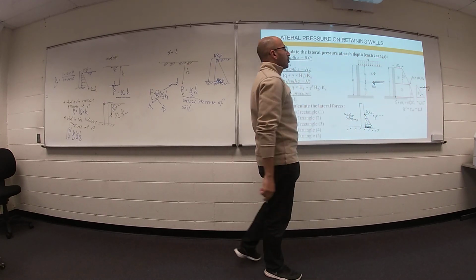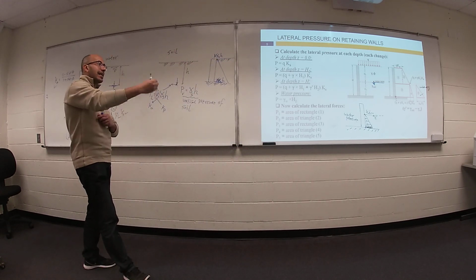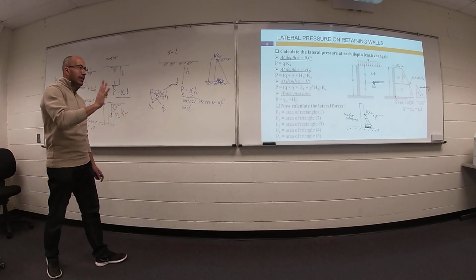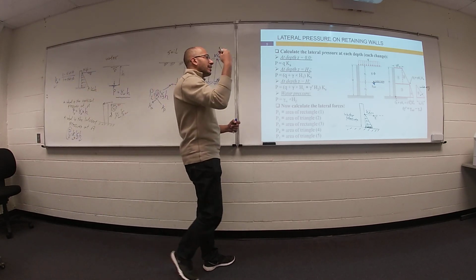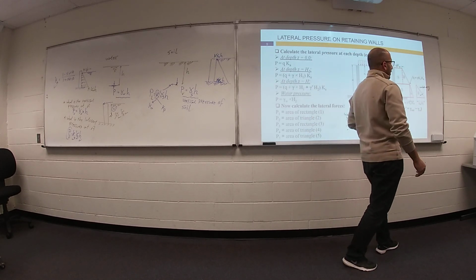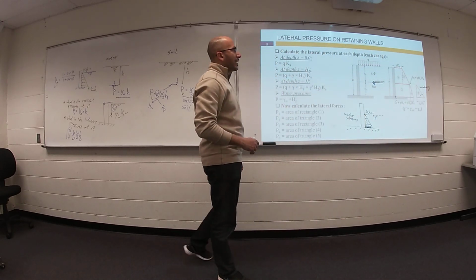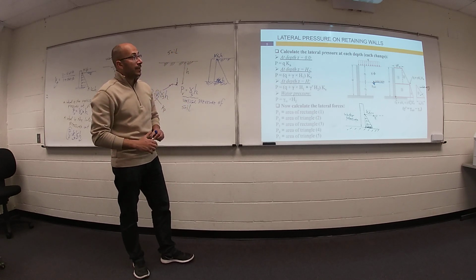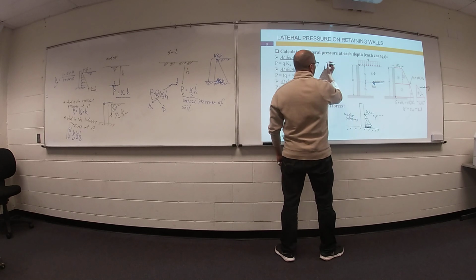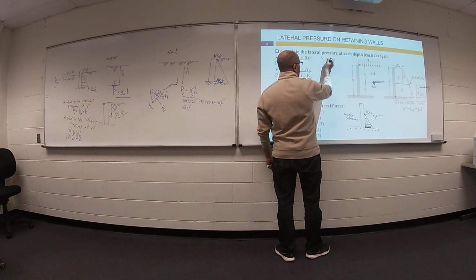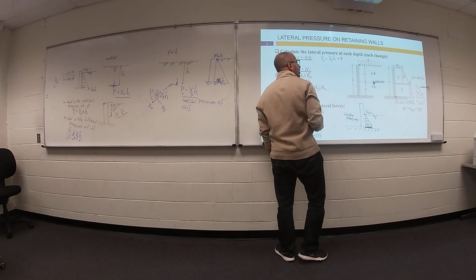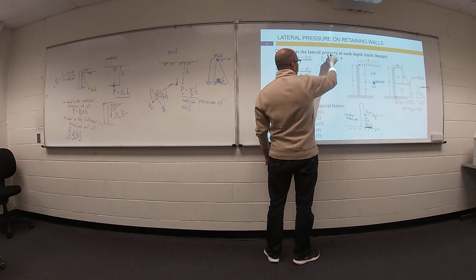Let's talk about soil. If you have ground and a water table level behind your retaining wall, I will divide my problem into two parts. The first part: what is the effect of water alone, only, and get it. Then go ahead and get the effect of soil. At this location, what is the vertical pressure? Gamma soil H plus Q, because we have additional load. Actually, I don't have H